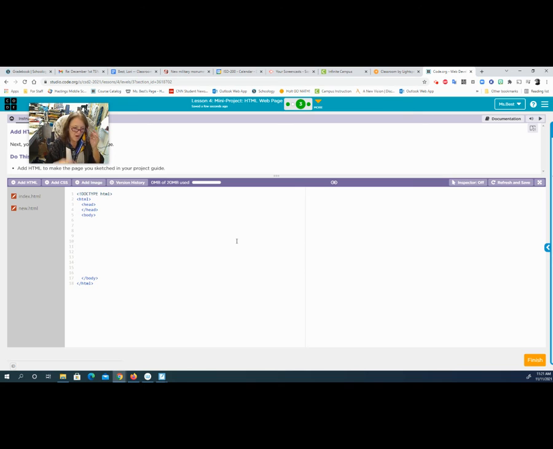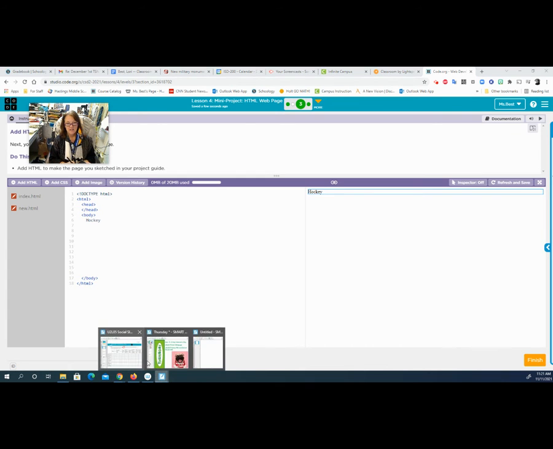All right. So I'm going to choose a sport and I'm going to choose hockey. So I'm going to type hockey here and you'll notice it shows up in the preview screen. If it doesn't, hit refresh and save. However, it's small, and part of the criteria on this project is that you use a heading tag to make